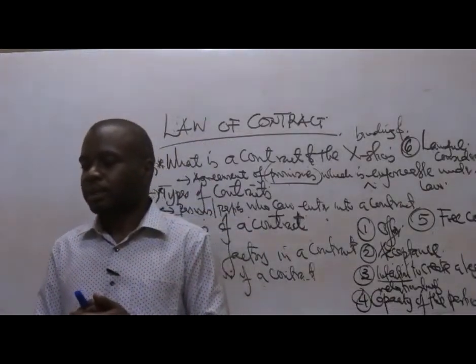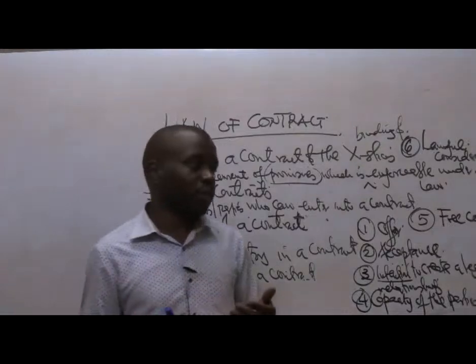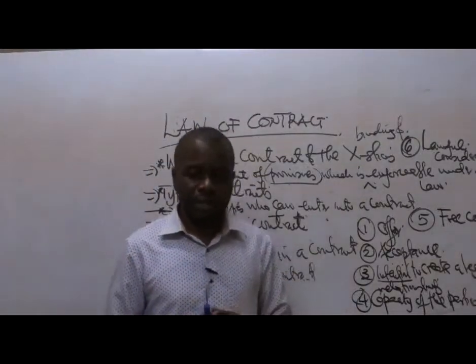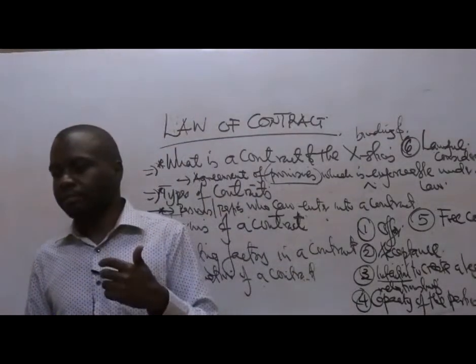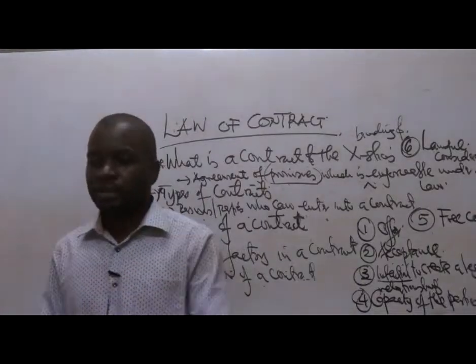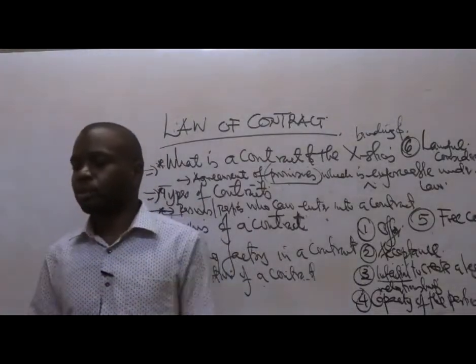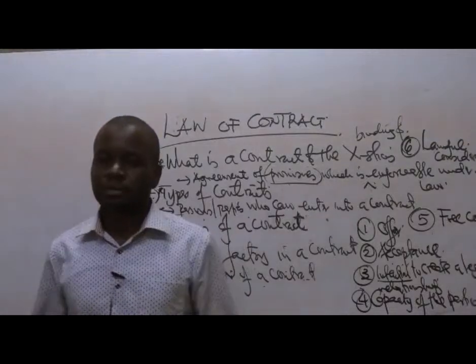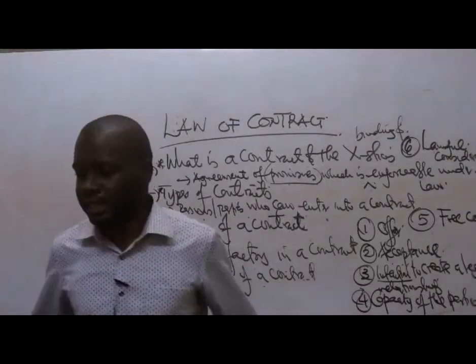For example, if someone forces you to enter into a contract, then at the end of the day there will be what we call a vitiating factor. If anything arises in future, that will be one of the things looked at as meaning that was not a proper contract that was entered into.